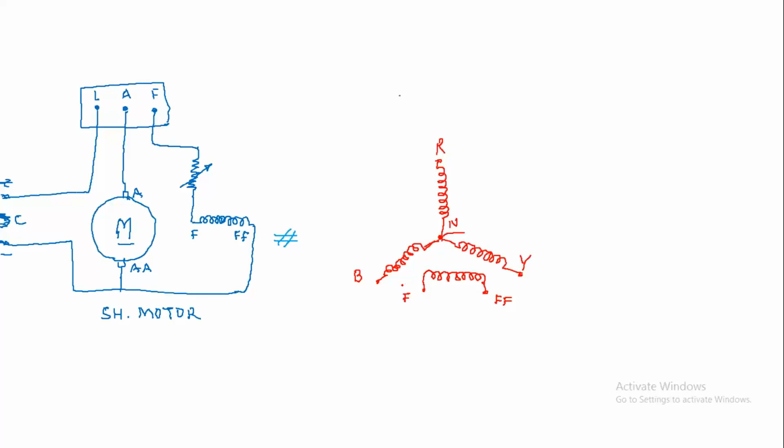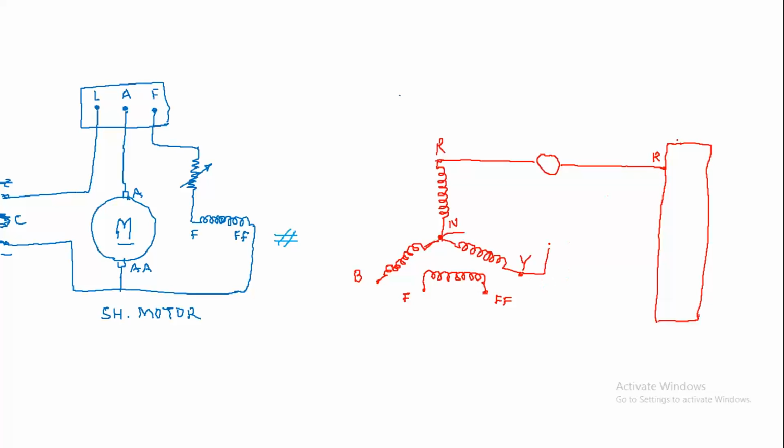Okay. Now we have to connect the load. The load is a three-phase star connected load. This is the load, a three-phase pure inductive load. This is an ammeter to measure the current delivered by the generator to the load. This is the R phase of the load.